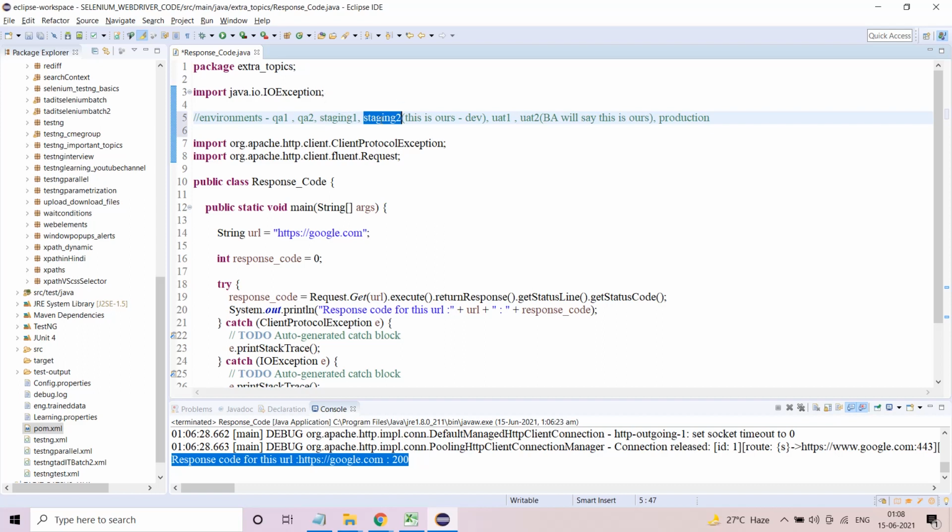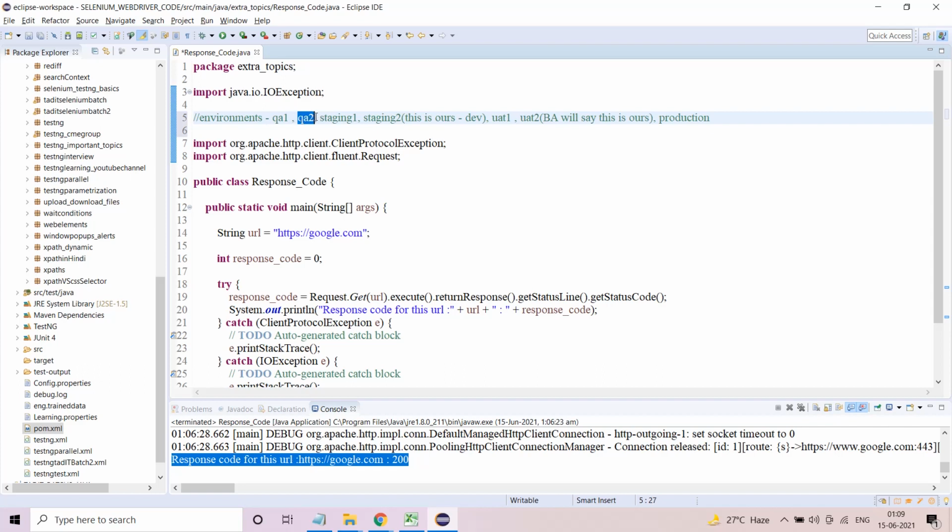that we don't have to do any sort of testing on staging 2, because this purely acts as a unit testing environment for the dev team. So we'll be responsible only for QA1, QA2 and staging 1. And all of a sudden sometimes what happens is that the branching is done on QA2. So your architect or the development architect will say, okay, test team, go ahead and test on QA2.